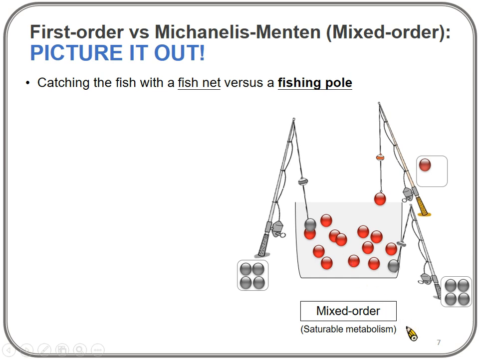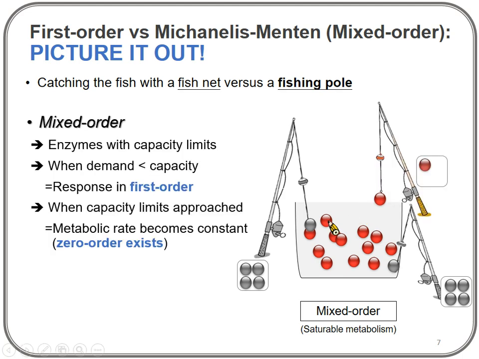So the fishing pole tries hard to get rid of the medications, each fish in the fish tank. However, each fishing pole has its limit to contain a certain amount. When in a mixed order elimination,